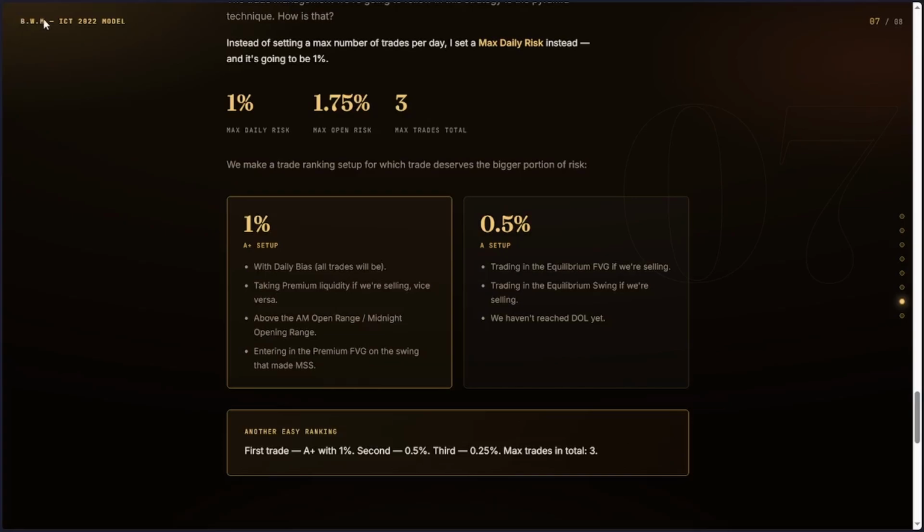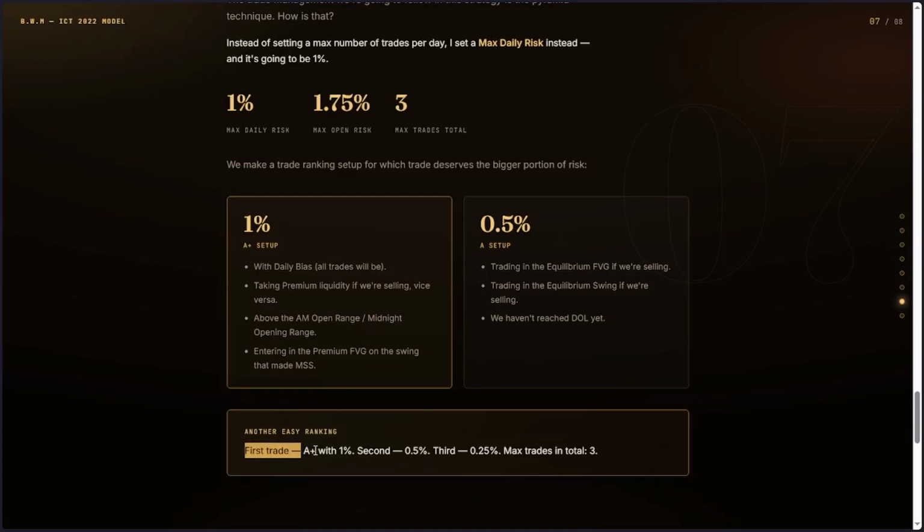Backtest with me, that's our series name, B.W.M, ICT 22 model. I will backtest this model in 2026, of course, to be up to date, and you guys can see and double check if you miss any entry in your backtesting. Anyways,